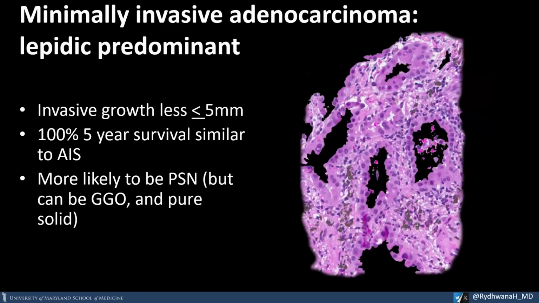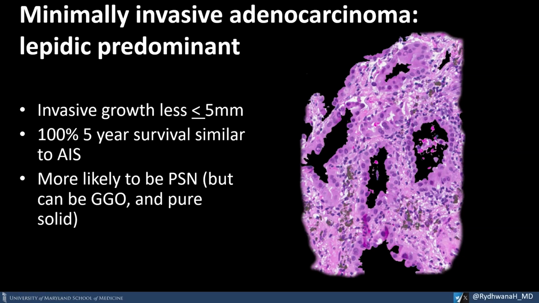So now let's look at the next problem. What are minimally invasive adenocarcinomas? As I mentioned, the first two cases were pre-invasive lesions, and now we're talking about minimally invasive adenocarcinoma. So how do you define minimal invasion? That's sort of a controversial area, particularly for our pathologists. As I sit down with them and we discuss cases like this, the literature suggests that these patients also have an excellent prognosis, like the case that I just showed you. So they have a 100% 5-year survival similar to AIS.